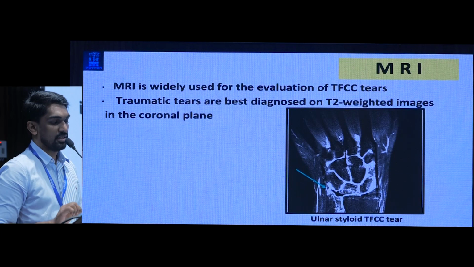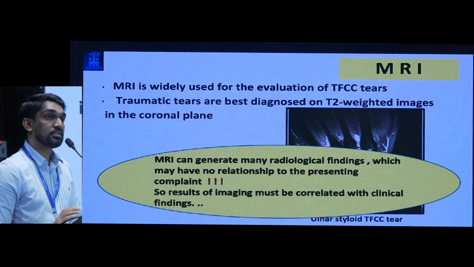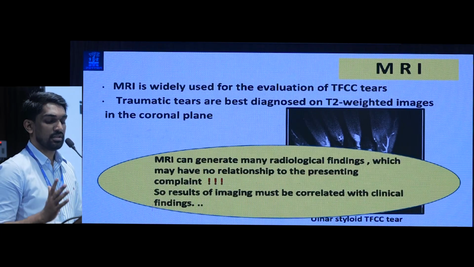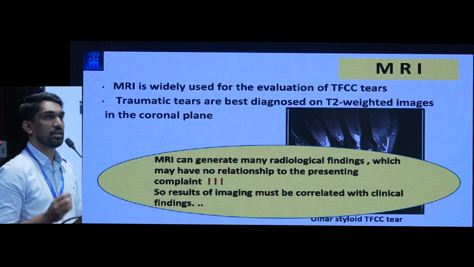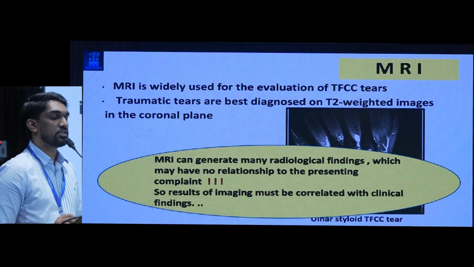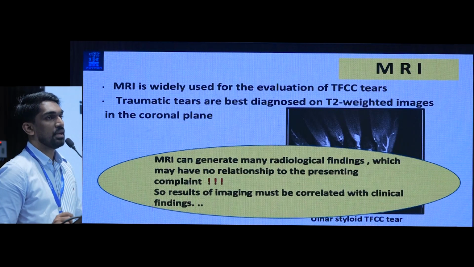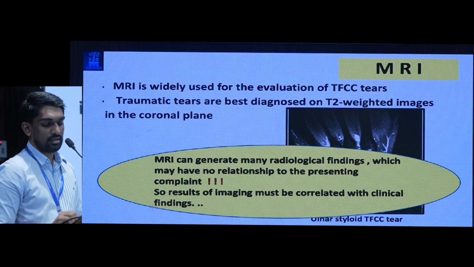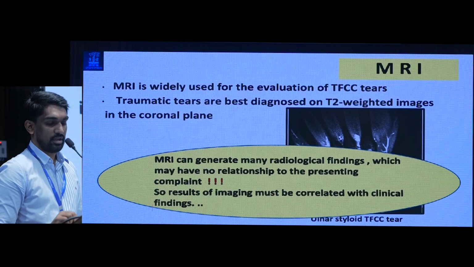The problem with the MRI is that MRI can generate many radiological findings. So if you start seeing an MRI, you can see an articular disc injury there. So you have to see what the patient's presenting complaint is, and you have to start treating the complaint and not the MRI. So treatment will be basically focusing on the distal radioulnar joint injury that is associated with the